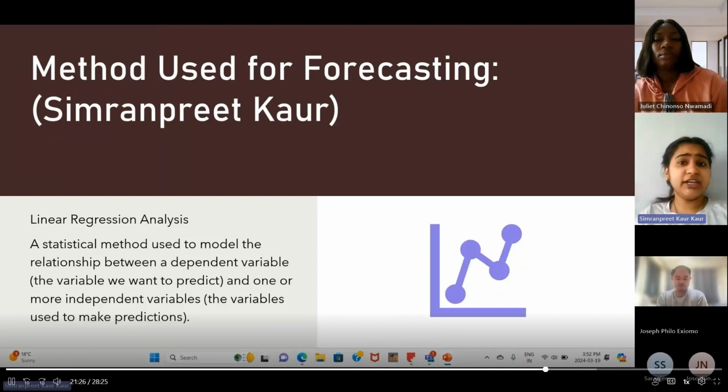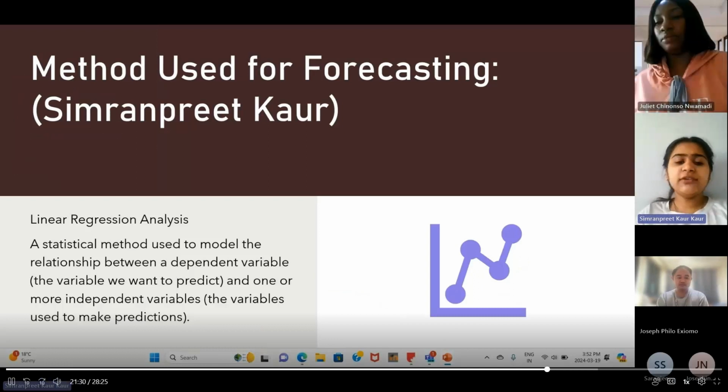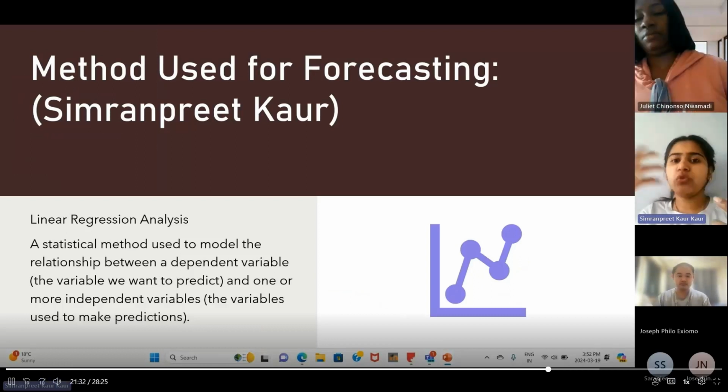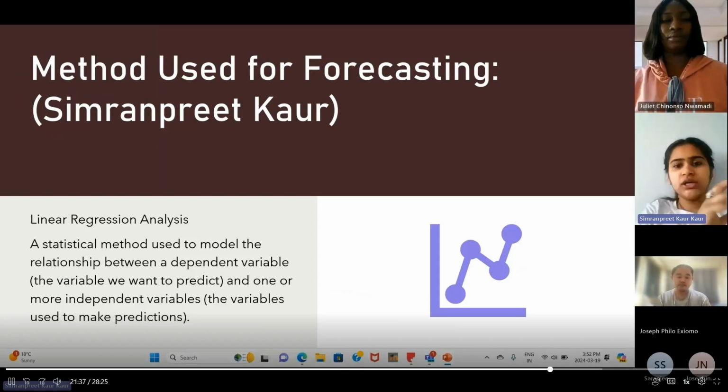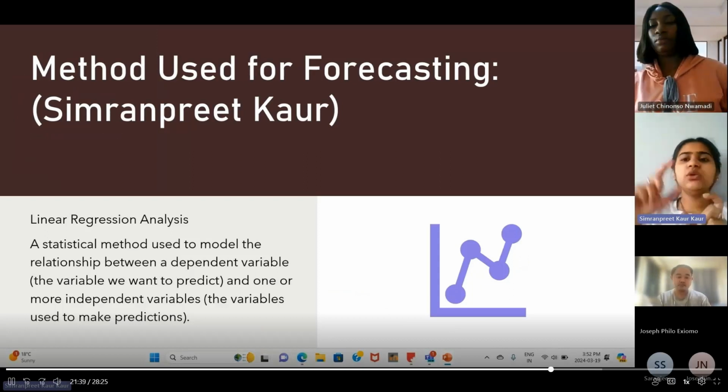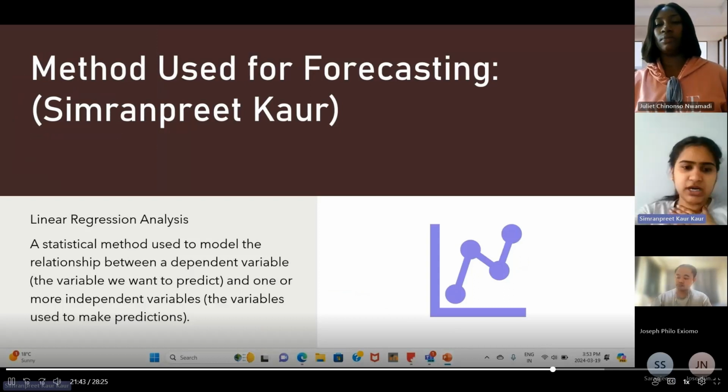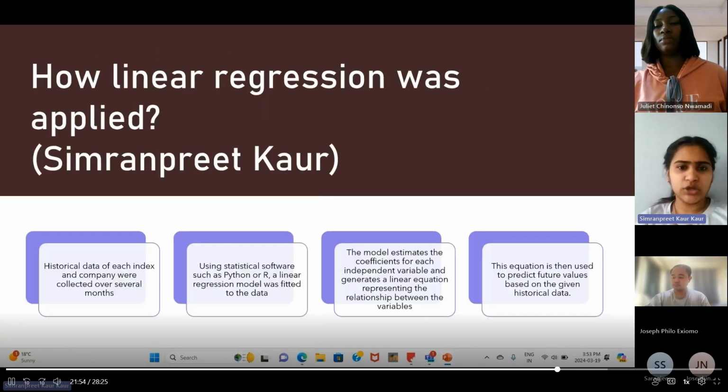So, what are dependent and independent variables? The dependent variable is the variable which we want to predict. For example, we have data about 4 months and we need to find the forecast for the fifth month. That fifth month is the dependent variable on the first 4 months. So the one which we are going to predict is the dependent variable, and those which we already know are the independent ones.